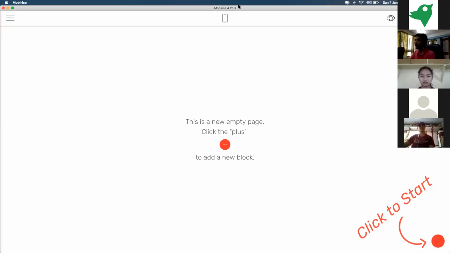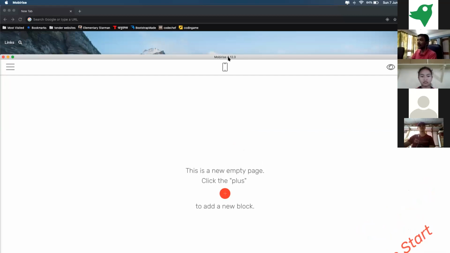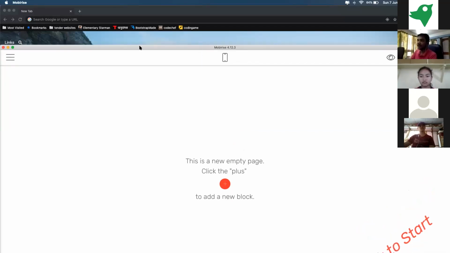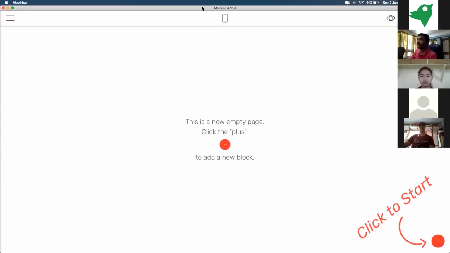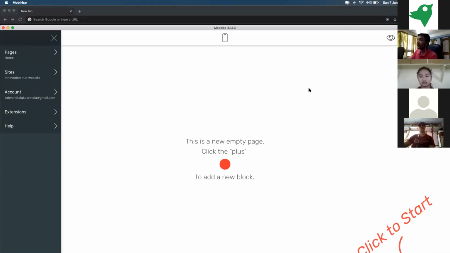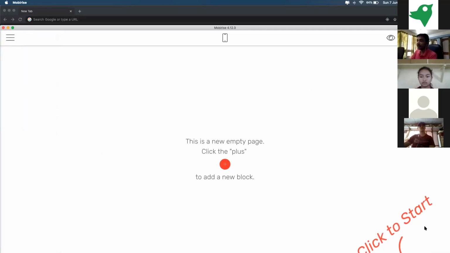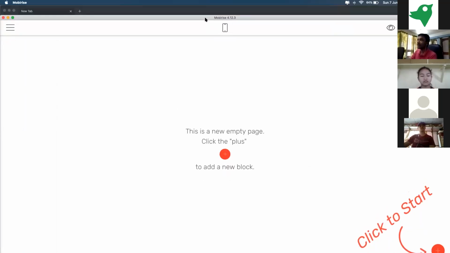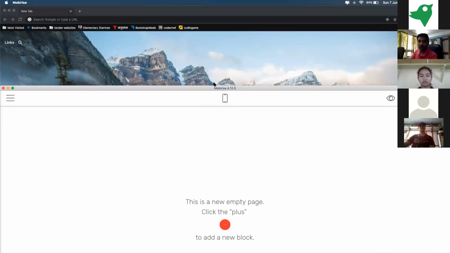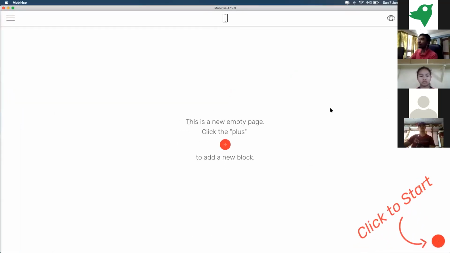Okay, sure. Okay, so we are using this software called Mobilize, and this software can be used to build websites, and it is like a drag and drop tool, so we're not actually required to do any coding. It is a drag and drop tool, so there are built-in components in this software, and we can just select which one we need, and it will be added to the website automatically. Okay, so yeah, the software's name is Mobilize, and it is free to download for everyone. Okay, so I just created a new project